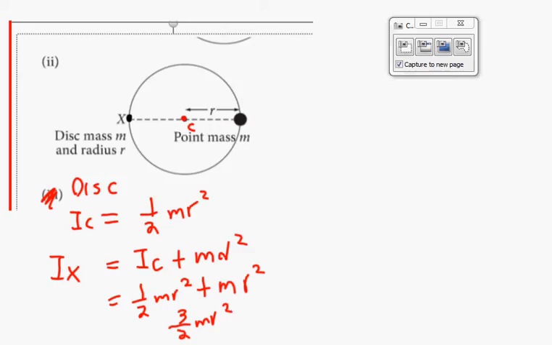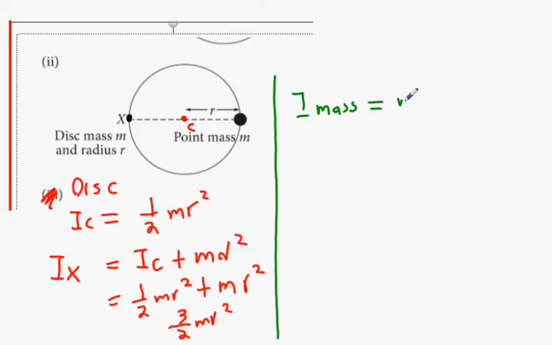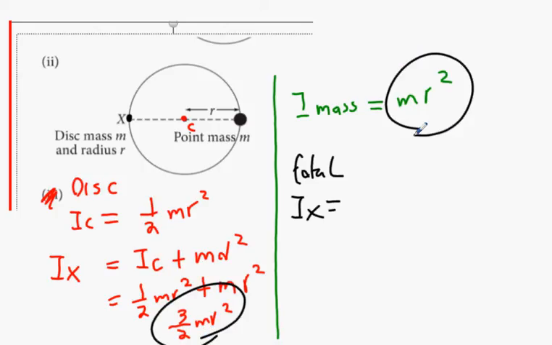Okay, we're next going to go for this point mass. We need I of mass. Once again, that's in your notes. Any mass is mr squared: the mass of the object you're talking about multiplied by its distance away from the axis x. So it's just going to be plus mr squared. Then your total IX is going to be your 3 over 2 mr squared plus your mr squared, which will give me, oh wait a second,